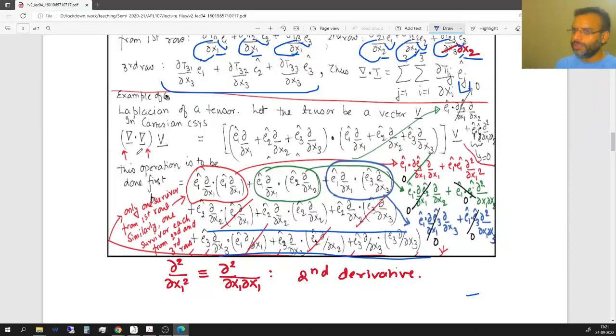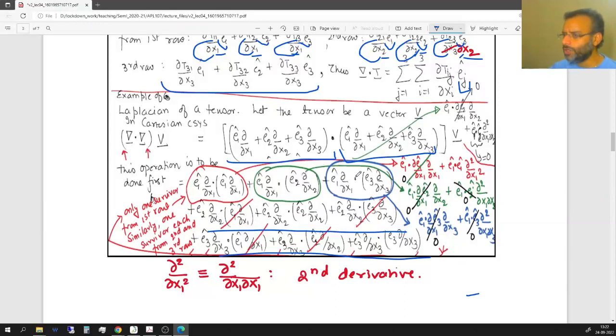But the interesting thing about the Laplacian operator is that first 2 del operators should dot with each other, and whatever is the resulting operator, that will act on the velocity vector. So the story about the velocity vector will come later. Let us first simplify the expression as much as possible for this operation between 2 del operators themselves. So I have written this del operator, first del operator, second del operator, taking a dot product, and